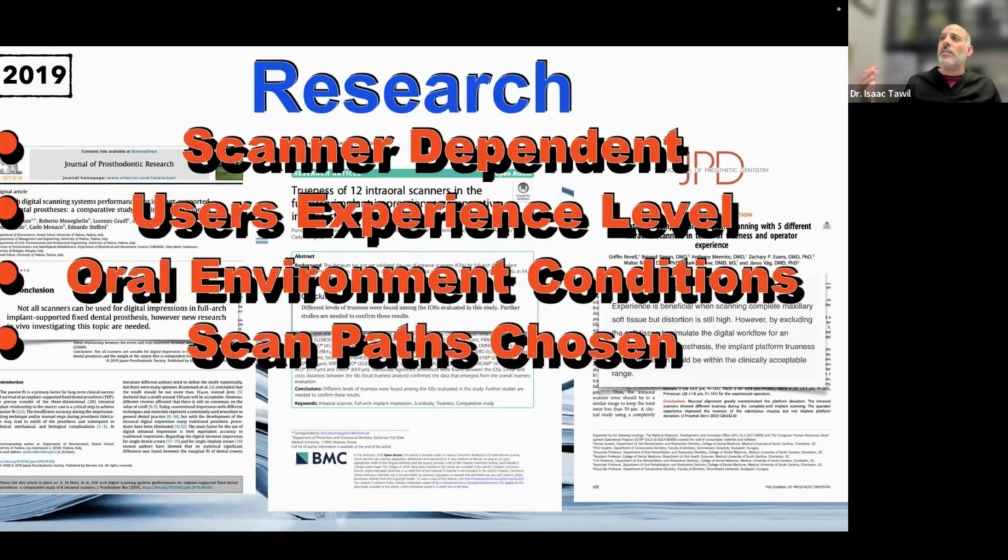And for me, I see all these videos of scan paths and they say, just scan the occlusal, then go to the buccal, then go to the palatal or lingual. That's actually not the right way to scan. Depending on the scanner, most of the scanners will stitch pretty well, but you want to give it as much field of view as you can. So as you're scanning, you're rotating the scanner around on the buccal and lingual, so you're capturing a little bit of each, so that when you do stitch, it will stitch and merge better.